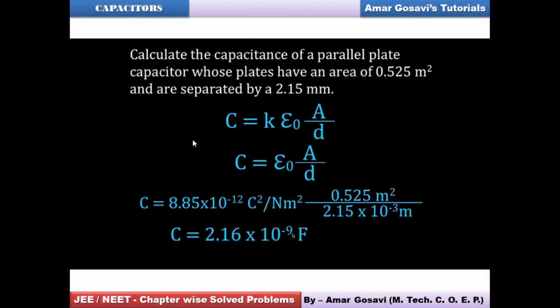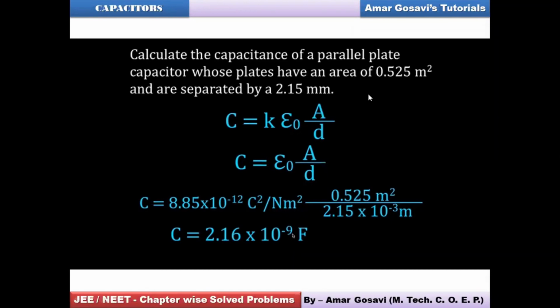Just now we have derived this equation for capacitance of a parallel plate capacitor, and the equation was K epsilon naught A by D. K is 1 over here. If not given, that means you have to consider it as 1. You have to consider air between the two plates. Epsilon naught is known to us, and area is also given to us. We just substitute the value for epsilon naught. It is 8.85 into 10 raised to minus 12 with the corresponding unit,